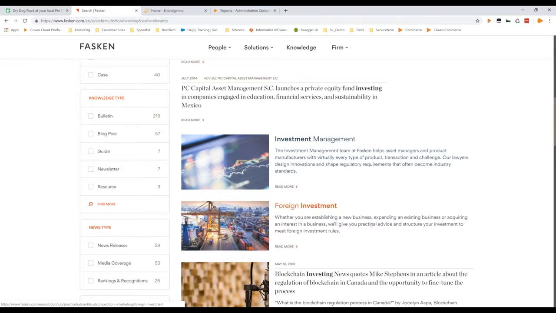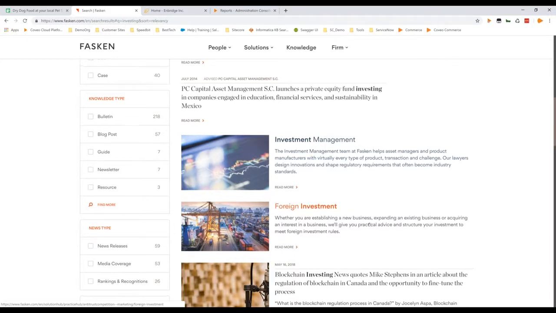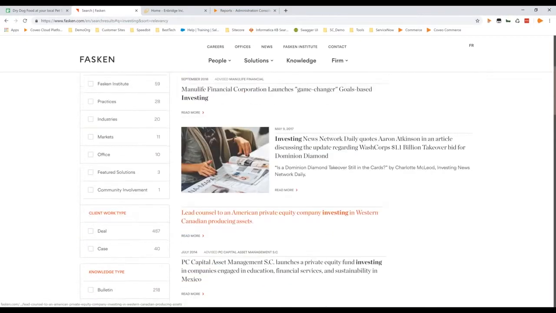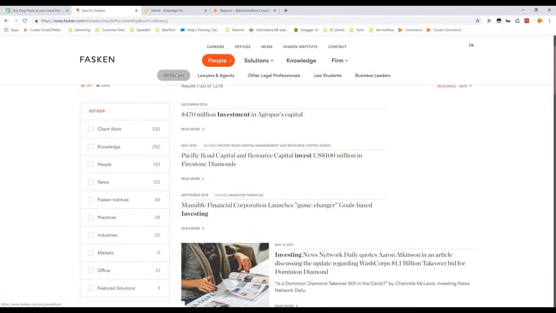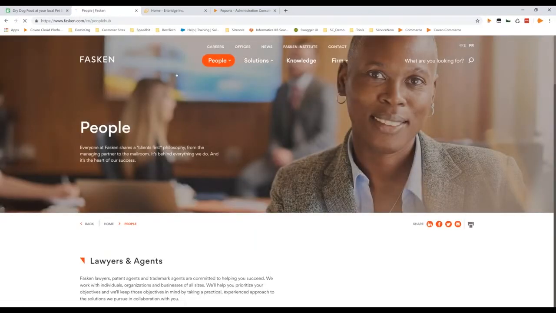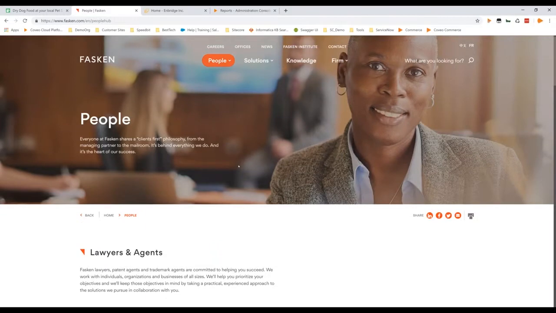As an example, a PDF, you may not want to show an image, but your YouTube channel that you may be involved in bringing into the site itself, you can show a thumbnail of that particular video. So a lot of control, again, not just on how things are surfaced, but the look and feel of each particular content type itself. So I'll just go into our people search in this particular case, and something that's really